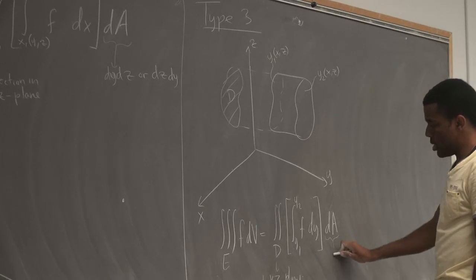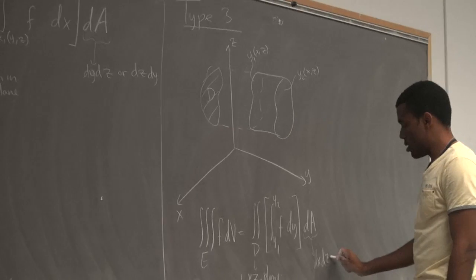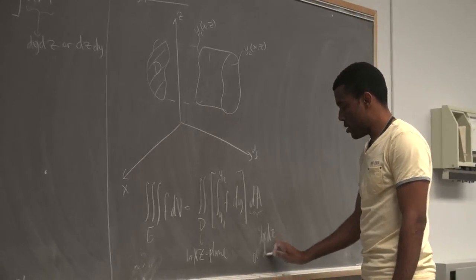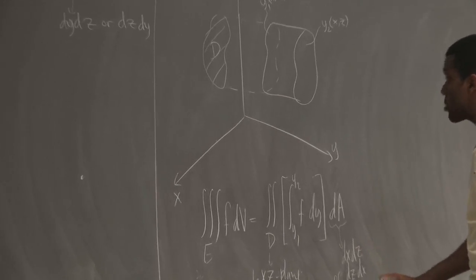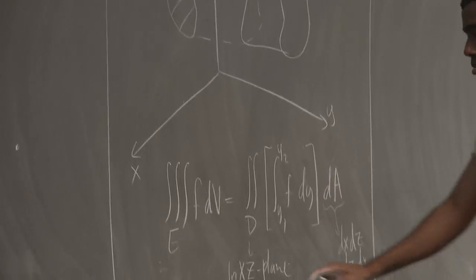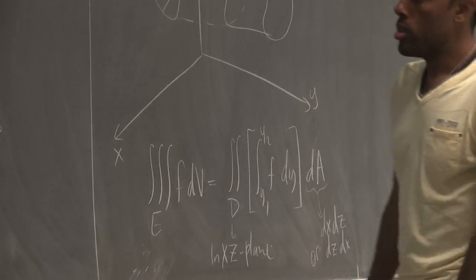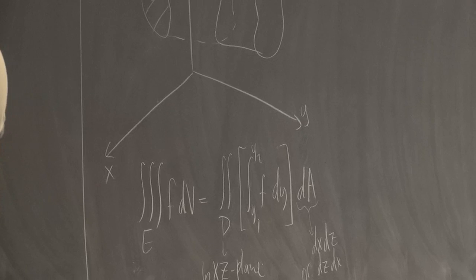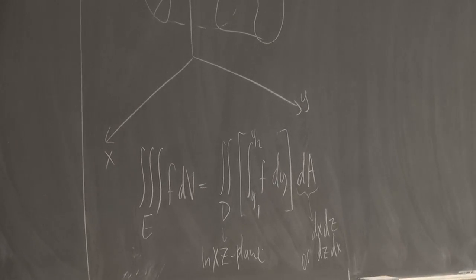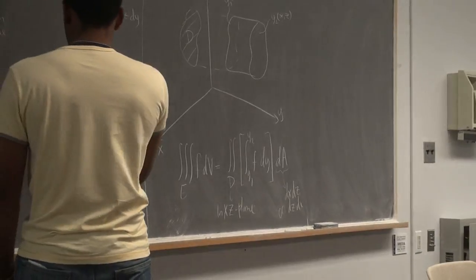This guy b, dx dz or dz dx. So in this case, your solid could be described as the set of all points such that